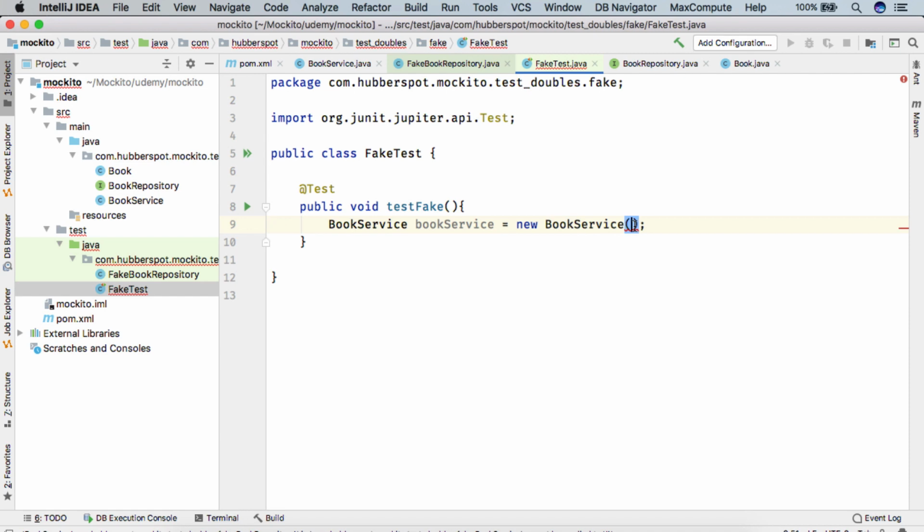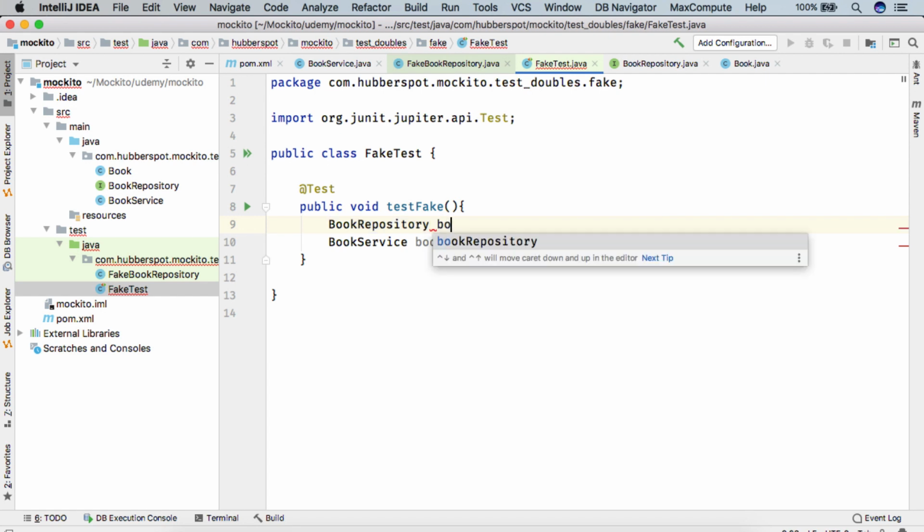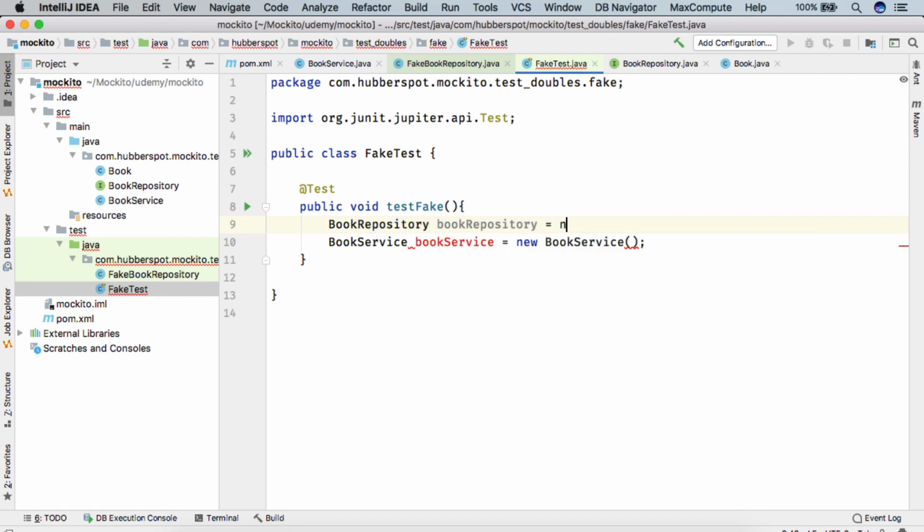Now what we can do is create an instance of FakeBookRepository. As FakeBookRepository implements BookRepository, we can simply pass it into our book service constructor.